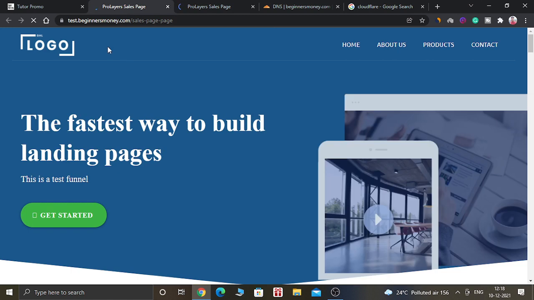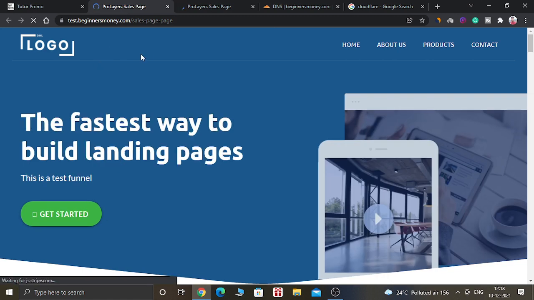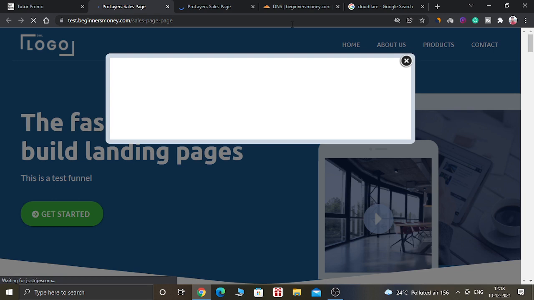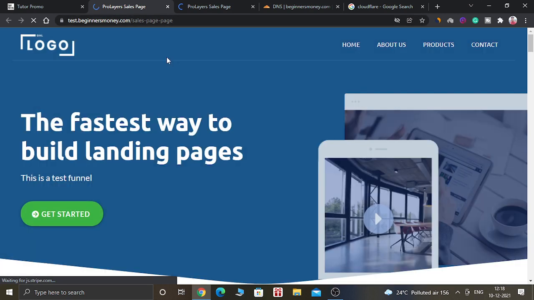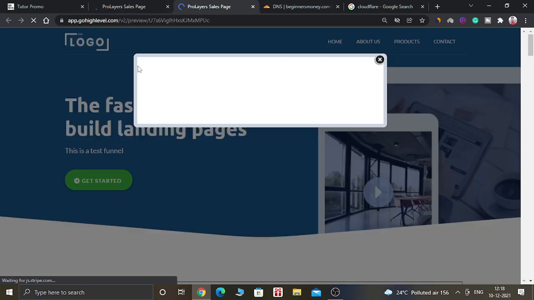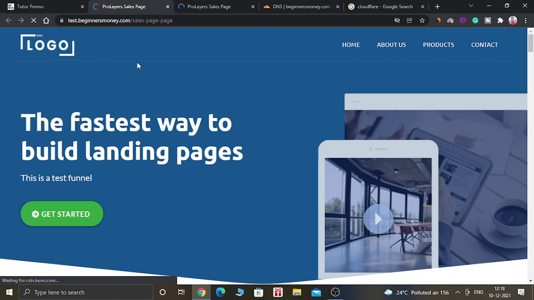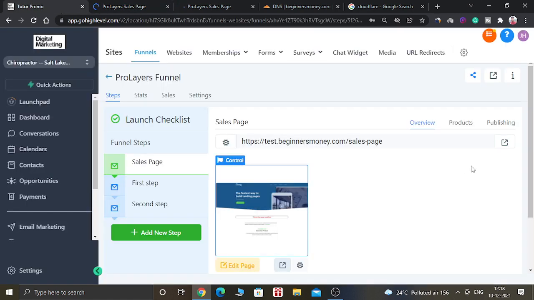As you can see here, the new custom domain is added inside the Go High Level account. The domain name is test.beginnersmoney.com, and this was the previous option, which was Go High Level, which means we have successfully added a custom domain inside the Go High Level account.